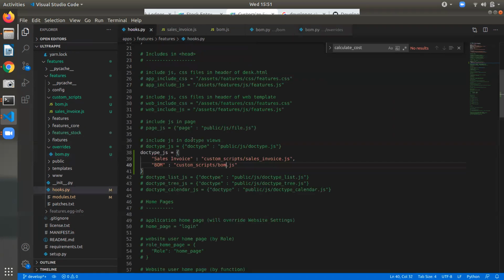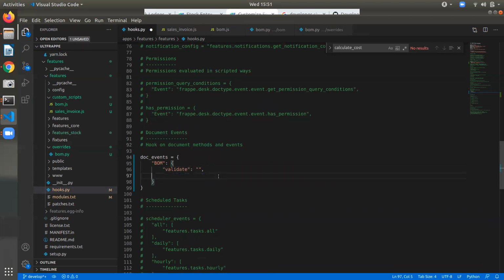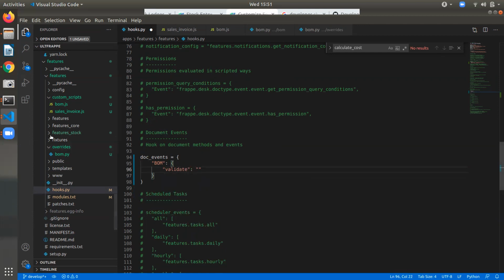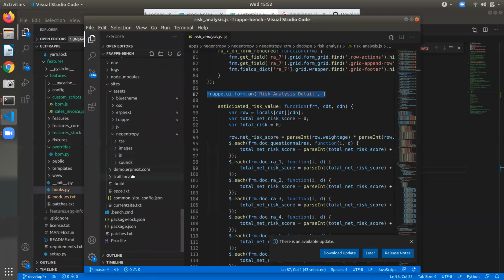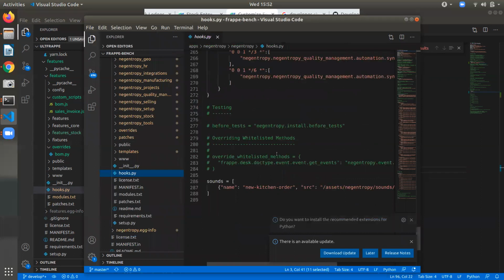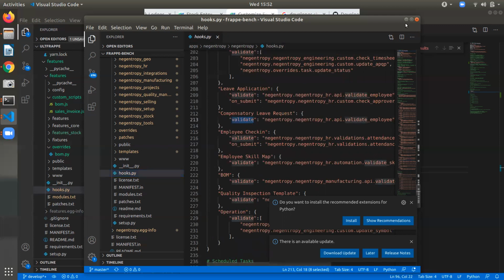So the .py program. Bill of material. Validate. Validate, okay.